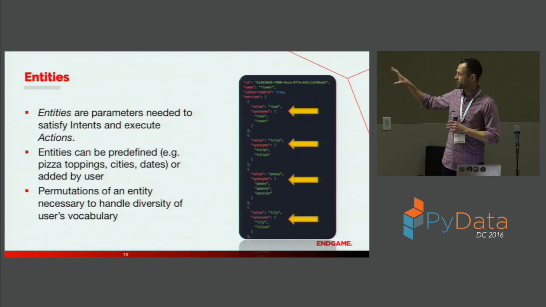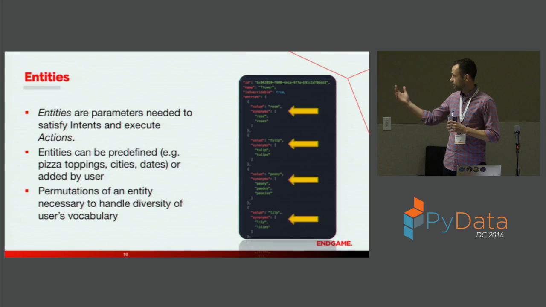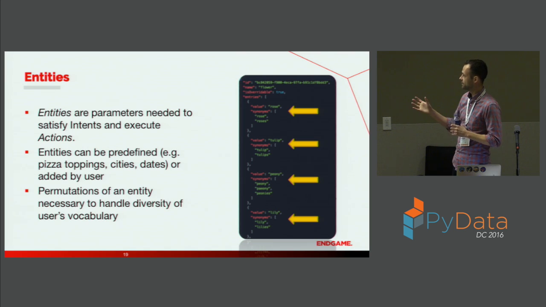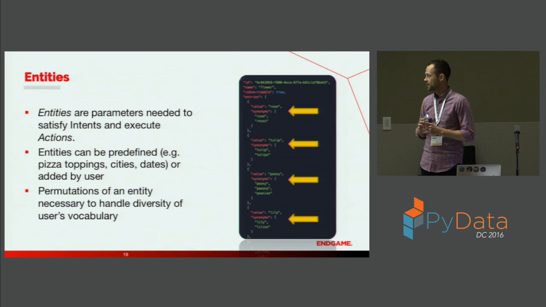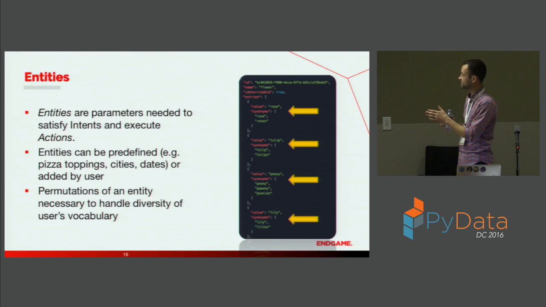All you're doing is you're providing a list of these entities that's like, well, once you identify what the user wants, now we have to figure out what exactly they're trying to get out of it. So in the flower example, the entities are types of flowers. You can create permutations just so you can handle some diversity in language. I think this is Wit AI. They got kind of lazy by just making it plural as your options of growing your data set. But you can do other things too that we'll get into a little bit later.